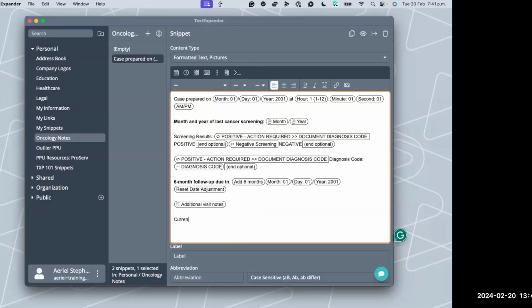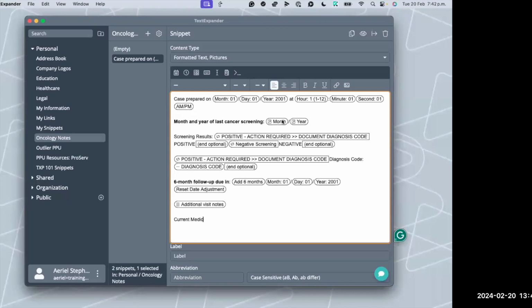Next, I am going to show you how to leverage the optional sections. This is the feature we used for the screening results. And I told you that a pop-up menu isn't going to be ideal for putting a list of medications or a list of allergies, because chances are your patient could easily have more than one, or be taking more than one medication. The pop-up menu is limiting in that it only lets you select one choice. That's where the optional section is more dynamic. You can create more of a check-all-that-apply situation.